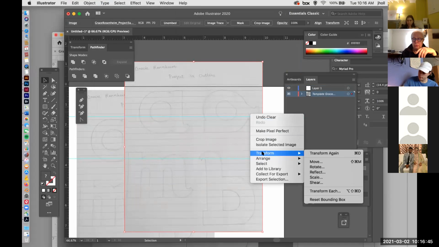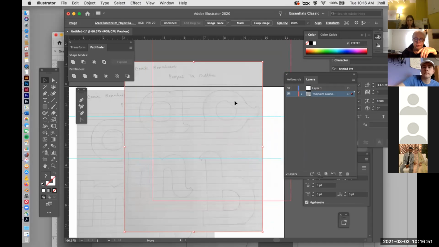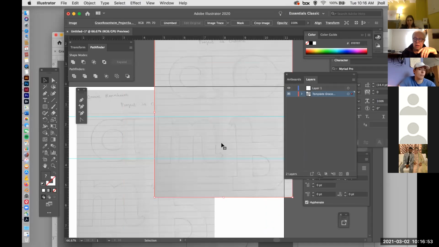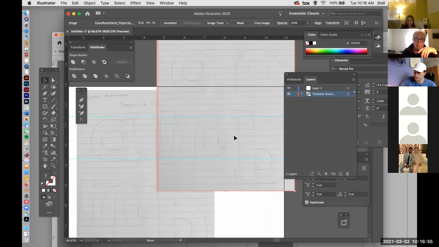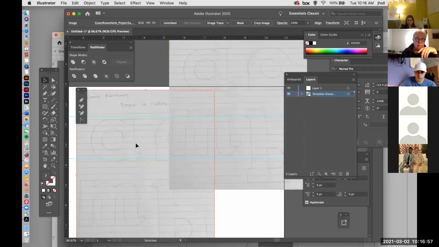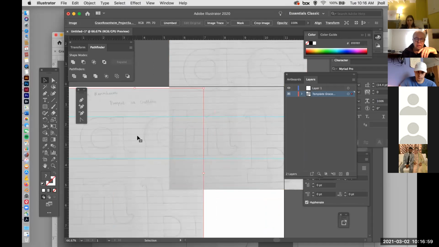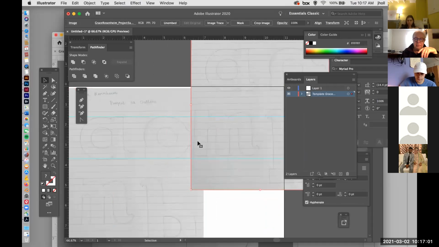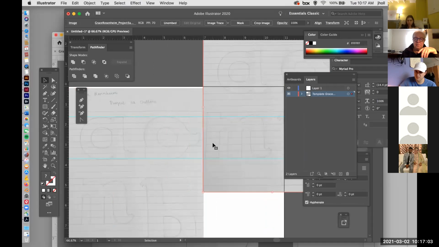I don't know, I just always go Option, drag, but there must be another. Command C, Command V is another way to do it. At any rate, do Option, drag. So there I have the A and the B and the M,